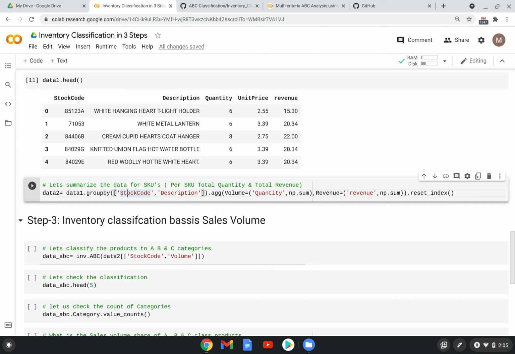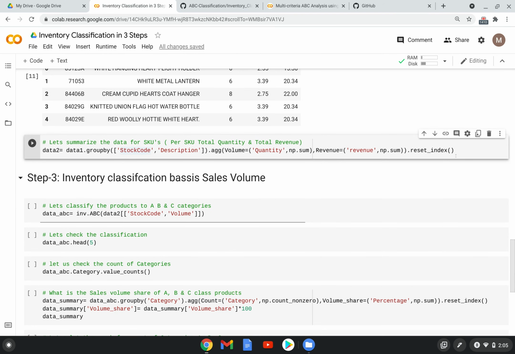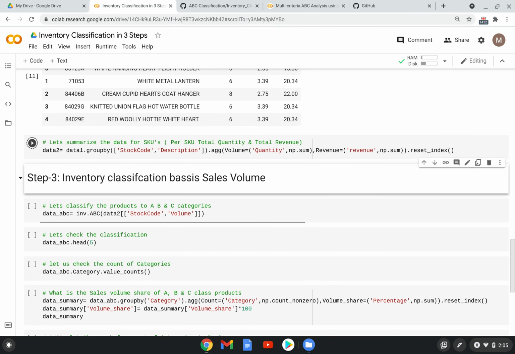So group by stock code, and we're considering stock code and description for these two columns. We are aggregating the quantity and then the revenue. That's it. So when we aggregate the quantity, we will get volume of sales, and when we aggregate the revenue, we will get the total revenue for each SKU code, right?